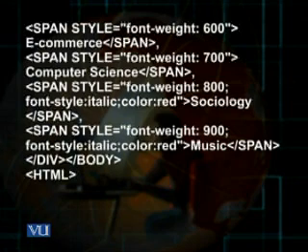So the word sociology appears in red, the style is italic and the font weight for sociology is 800. Then subsequently font weight is 900, font style again italic, color red, and the word is music. So the word music would be in red, in italic style, and font weight would be 900 for it.